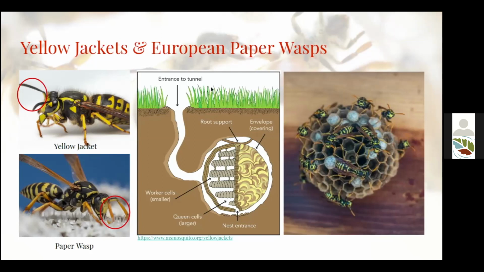If you weren't able to apprehend them during that stage and you do have an established yellow jacket nest in your yard, and you've found the entrance and they're coming and going from a place that's relatively easy for you to access, we don't recommend using pesticides to kill them, because those pesticides and chemical methods of getting rid of them do also affect bees and other beneficial insects that you have around.